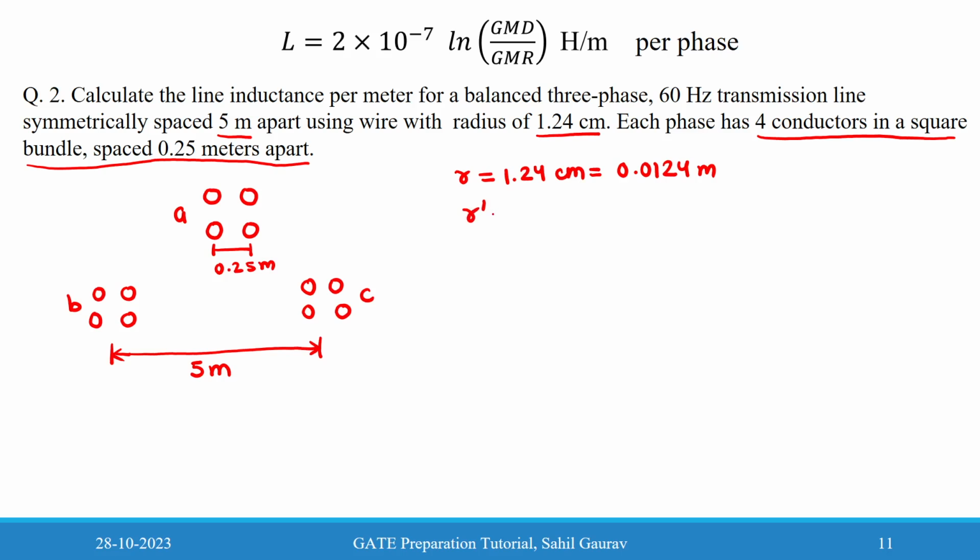Therefore, we will get r dash equal to 0.7788 into r, that is 0.0124 meter, that will be 9.65 into 10 to the power minus 3 meter. Now the geometric mean radius of the whole system, because all are identical, will be